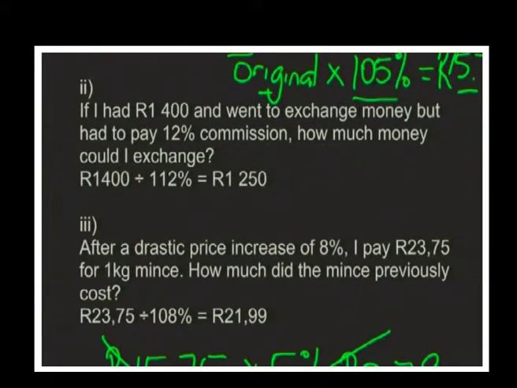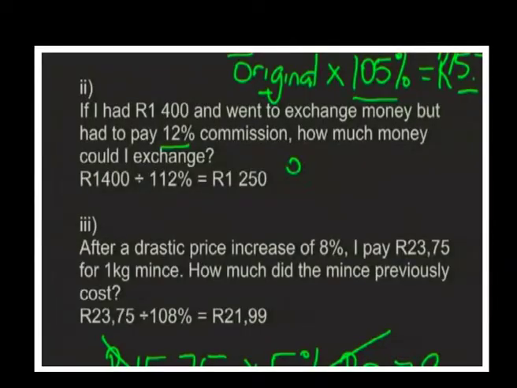If I had 1,400 Rand and went to exchange money but had to pay a 12% commission, how much money would I exchange? So again, we need to take our 1,400 Rand minus the 12%, but that 12% is on an original amount. So again, I'm going to write it for you. So I've got my original amount. I times that by 112%, and I ended up with